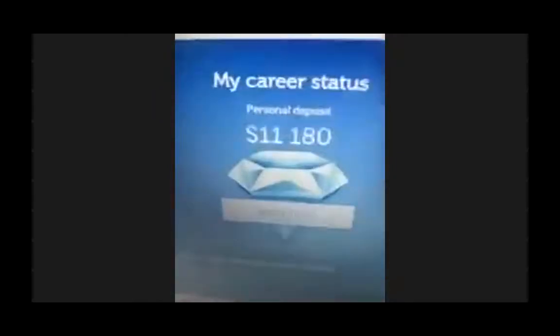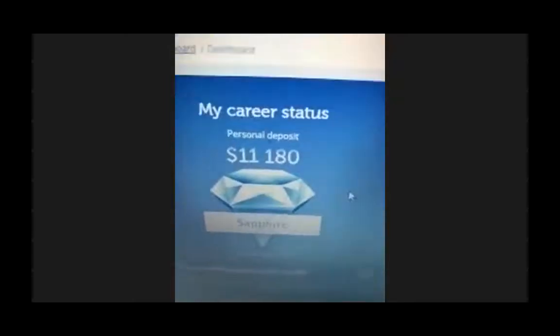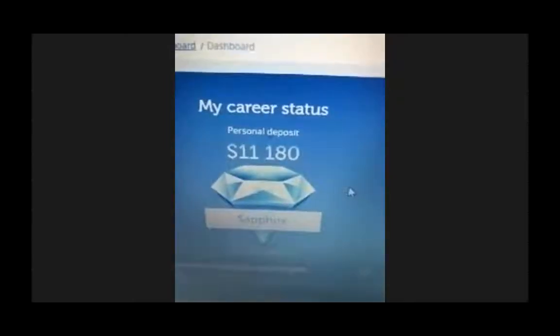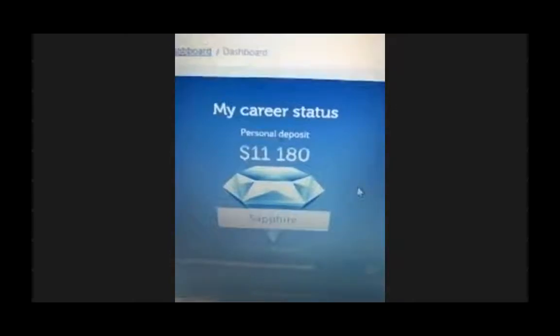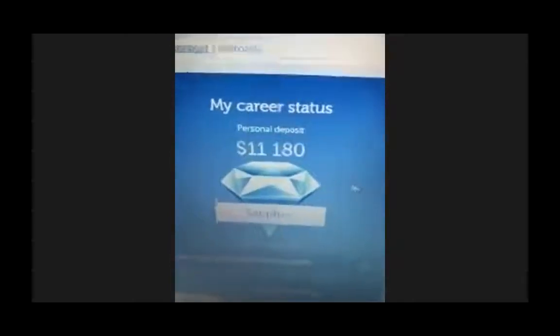As you can see, we are at a Sapphire now, and 7,001 total investment. We've got the 500 that we started out with, and then we tried adding 600 to it, just thinking that we could actually accumulate that to make a VIP. But then we learned that it doesn't work that way. So we then invested the other 10 grand and did a VIP. As you can see right here,